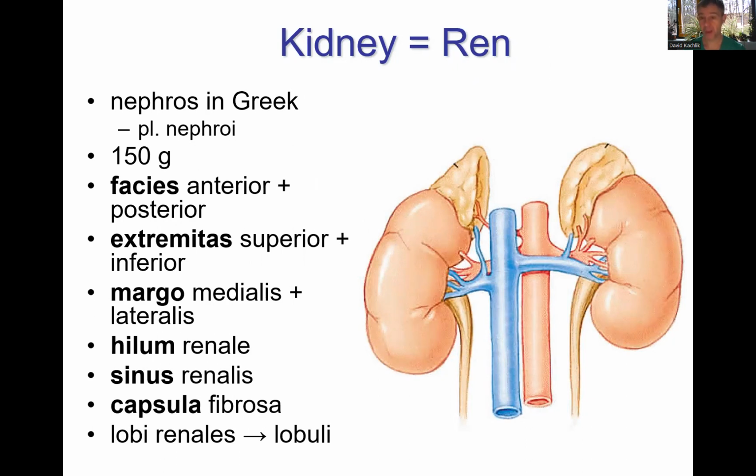This organ usually weighs some 150 grams, and its dimensions are 12 by 6 by 3 centimeters approximately. We can describe on a kidney anterior and posterior surface, as you can see the anterior here now. We can describe superior and inferior pole, and on the superior pole you can actually see the suprarenal gland. And we can describe medial and lateral margin, and on the medial margin you can nicely see this concave part,